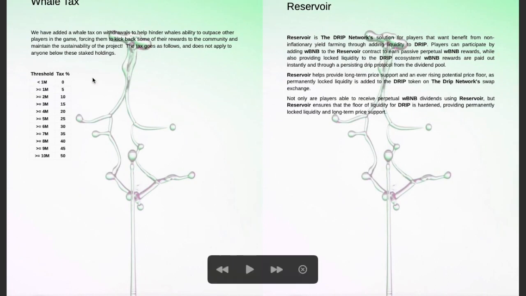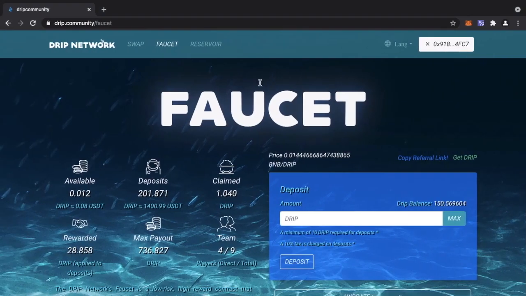Obviously, no one's going to be near the whale tax, but it starts at 1 million drip. So if you've got 1 million drip, then you start getting taxed over 1 million. Then there's more information about the reservoir. But as I said, I will get into the reservoir in a future video. But the main thing I want to take away from this and let you guys know is the power of